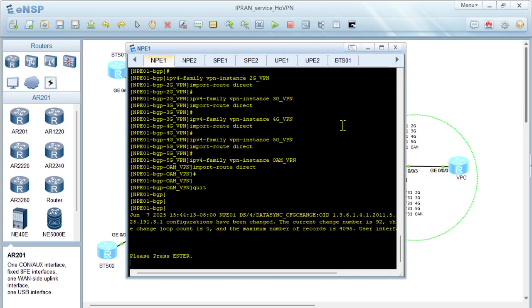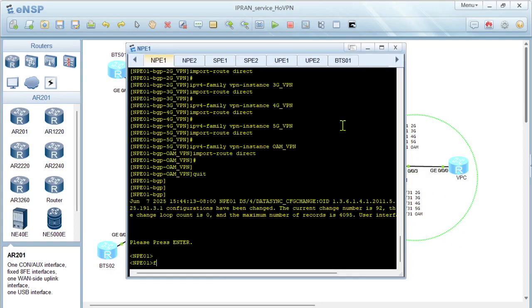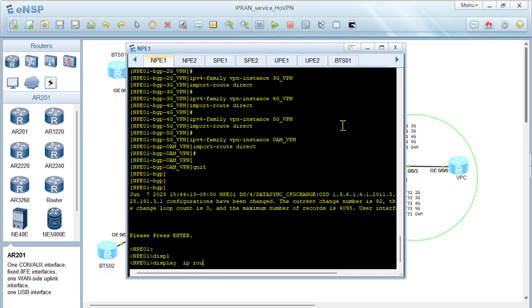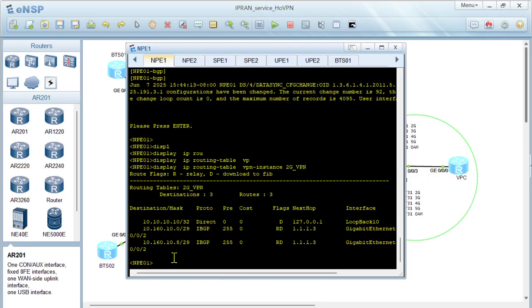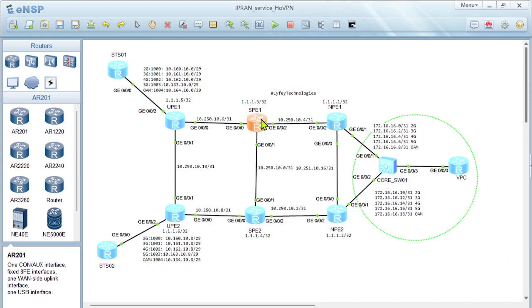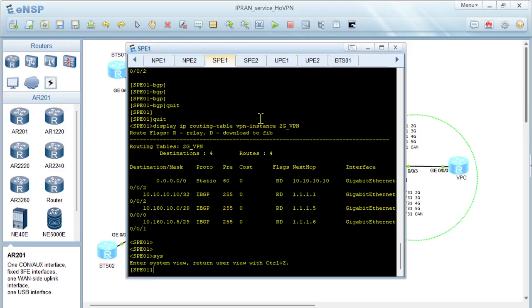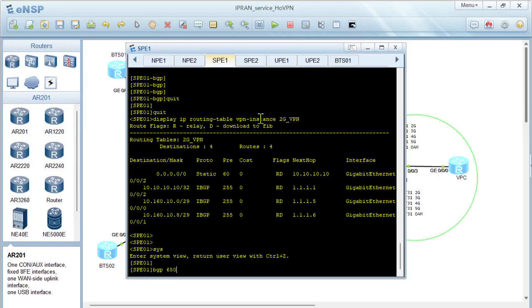If we check on the NPE, display IP routing table, VPN instance 2G VPN, you can see that we are also getting the prefixes from there. So this is where that command of UPE comes in. If we remove the command UPE from this device, from the SPE, BGP 65008,